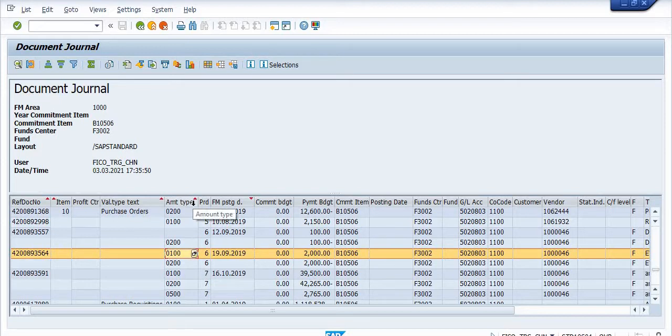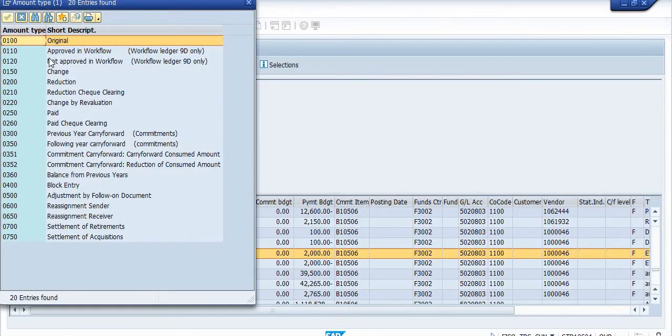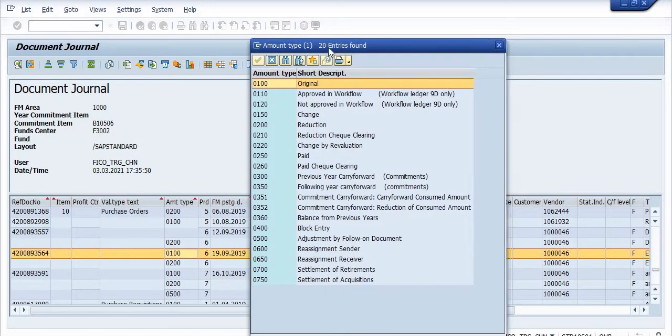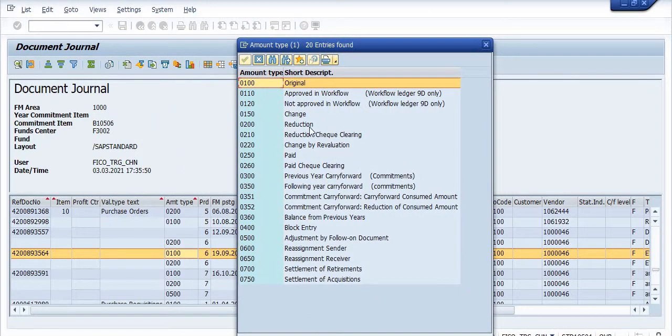If you click on this amount type and go in the drop down, you can check that 100 is the original and 200 is the reduction amount. There are also previous year carry forwarded documents and following year carry forwarded documents.